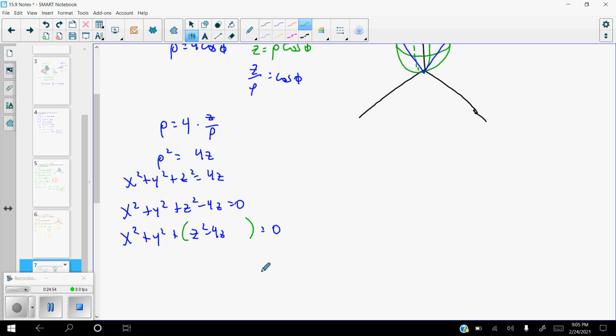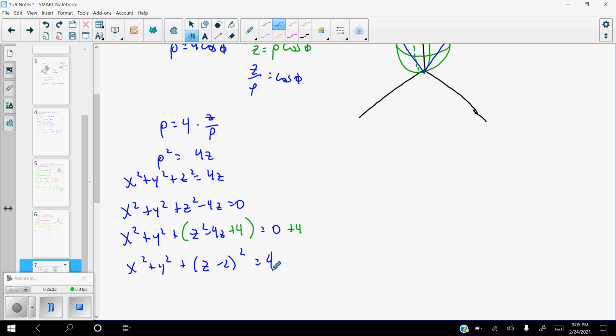So negative 4 divided in half is negative 2, squared is 4. But I can't just arbitrarily add a value to one side of the equation without adding it to the other side. So what that gives us is x squared plus y squared plus, factoring that, and this is the reason for completing the square, z minus 2 squared